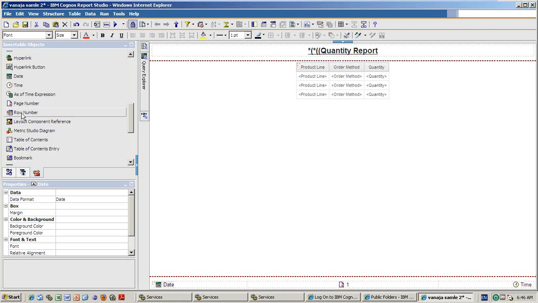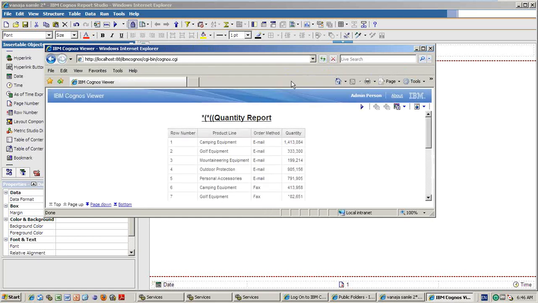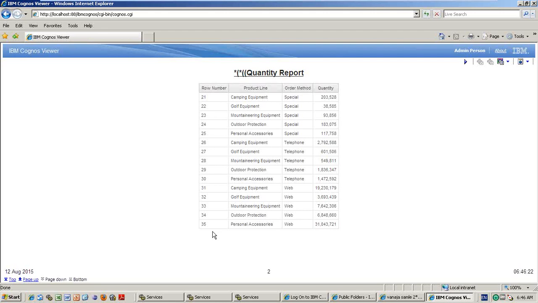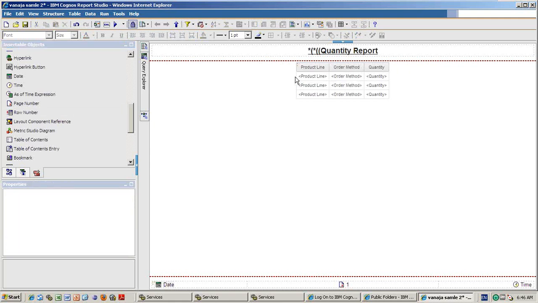Okay. And row number, you just need to drag and drop into the list in the first line. So now run the report. It will show you the row number in the first line. See this. If you want to see the row number, you can go like this. But if it is in Excel, you don't need row number because the count will automatically show. But in HTML or PDF format, it is better to drag row number if you are expecting how many rows are present. So you just drag and drop this row number. That's it. So delete it.